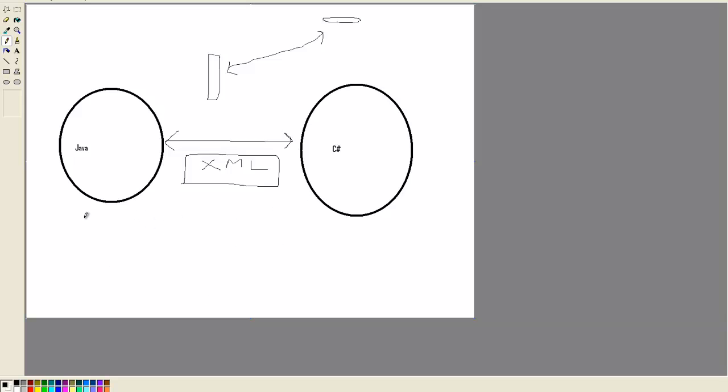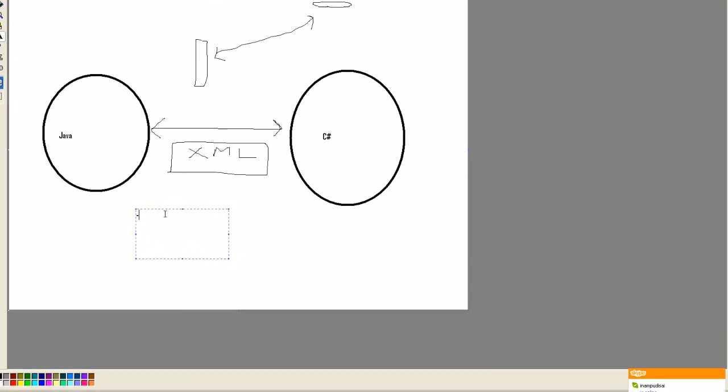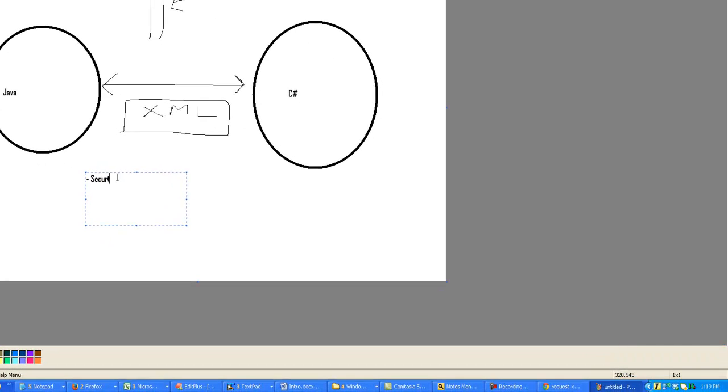Similarly, when two different applications communicate with each other with the help of web service, they have to follow a certain protocol. The protocol should be such that it ensures, firstly, there is security in the communication, right? Secondly, it should be to the point, right?